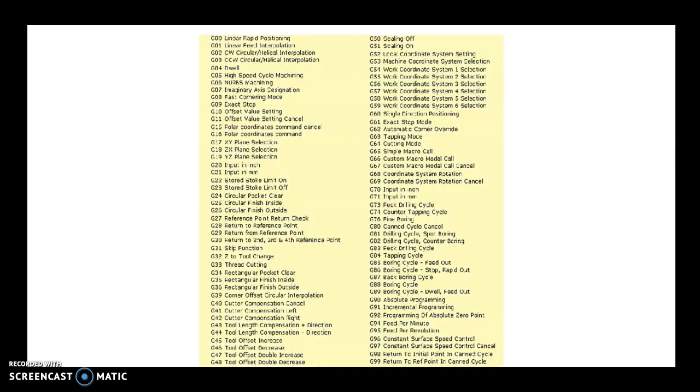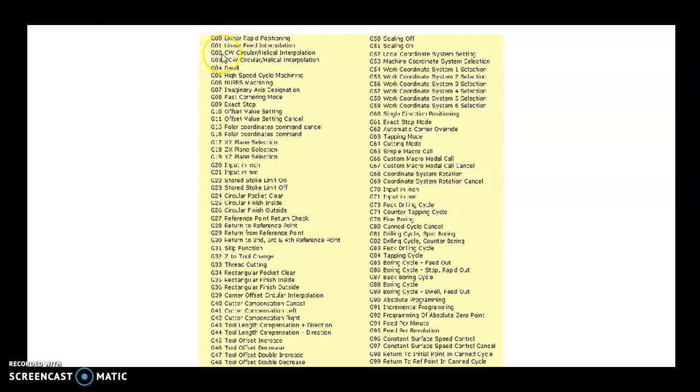These are the important G codes. G0 is linear rapid positioning. If I put the G0 code in the part programming, the tool rapidly moves to the position. If I want to move the tool in a linear direction, the G01 code is used.